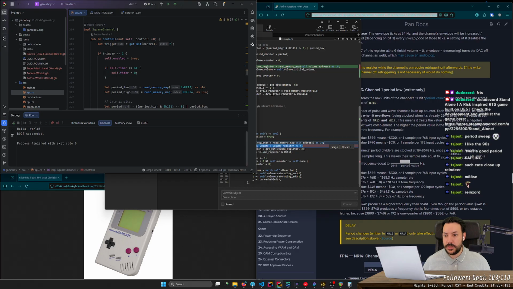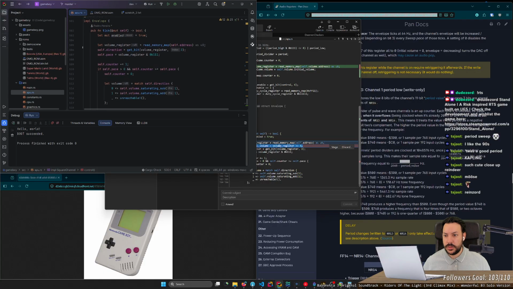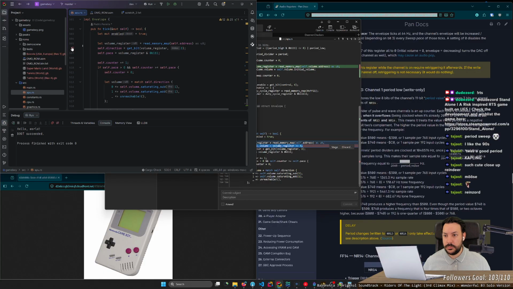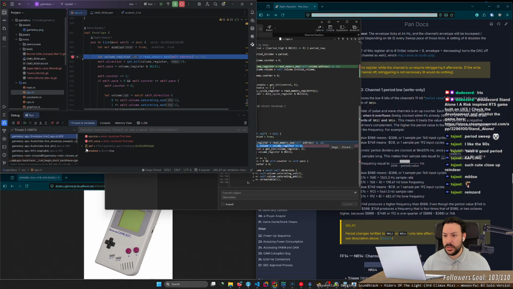Okay, this should mean, hopefully, that this should play for 15 ticks, whatever ticks mean here. You know? So initial volume is 15, volume is 15, and 1. No, something odd happened there.